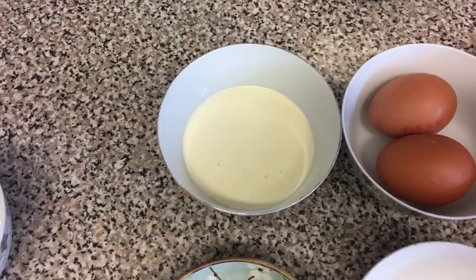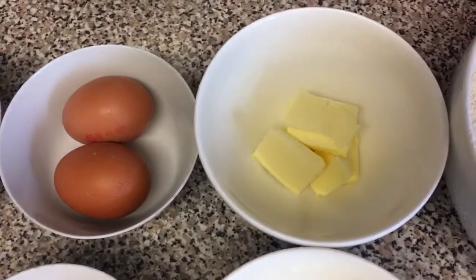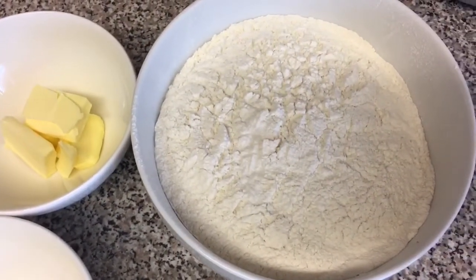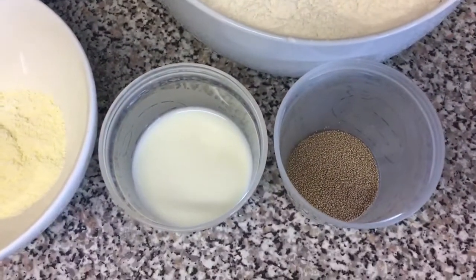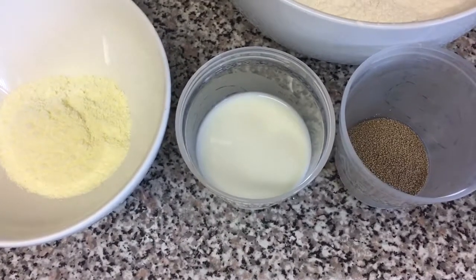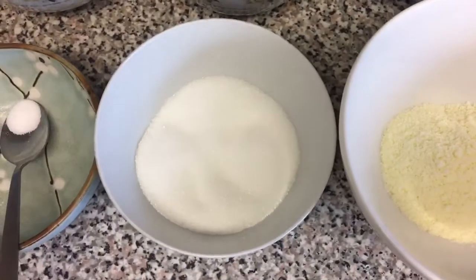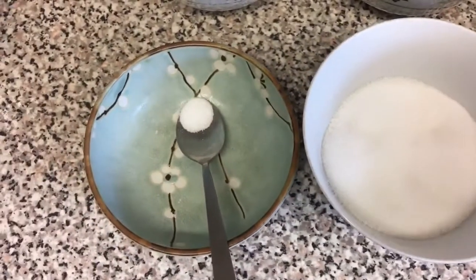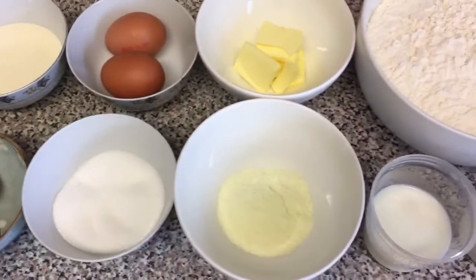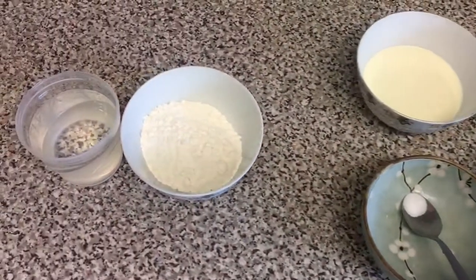70 ml of double cream, 2 eggs, 50 grams of unsalted butter, 560 grams of bread flour, 8 grams of dry active yeast, 80 ml of milk, 25 grams of milk powder, 70 grams of sugar, and a quarter teaspoon of salt. This recipe is actually for 2 loaves of bread, but I will only be using half the